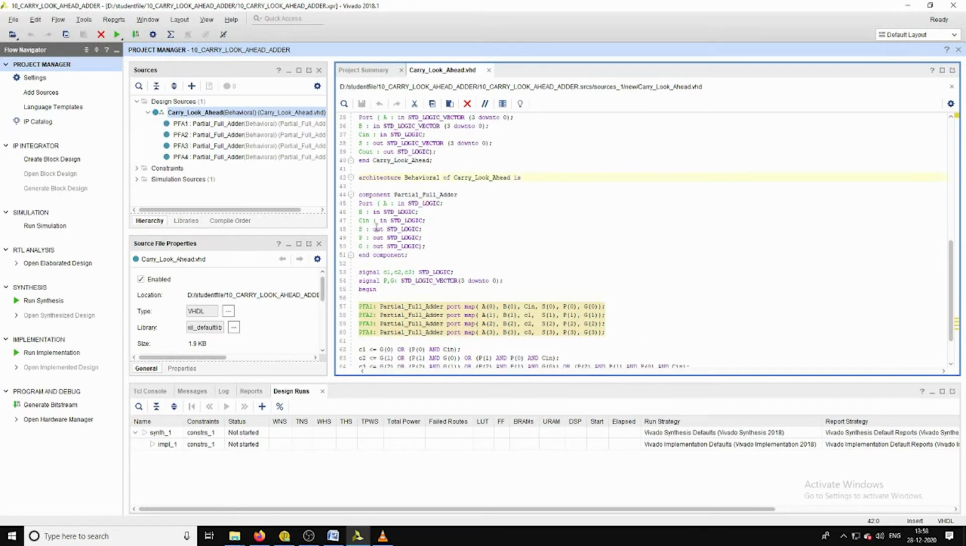And here I have developed the logic by using the structural style of VHDL programming. Here I have declared one partial full adder which is going to perform these three operations. Those are calculation of its sum based on the inputs A, B and C in of that particular full adder, and for which we are going to calculate the propagate and generate outputs also. That means